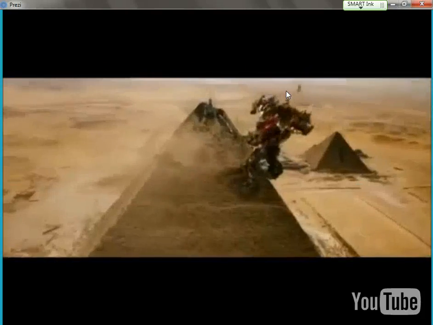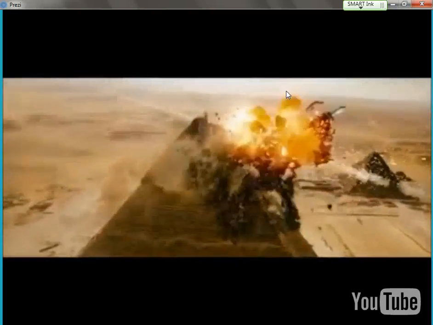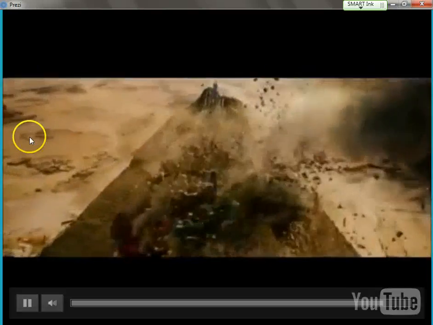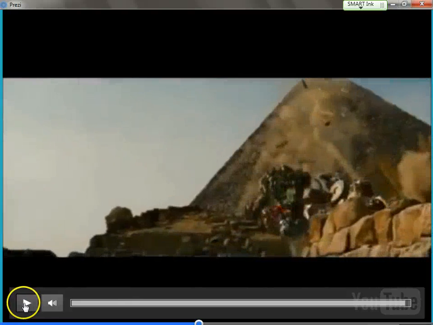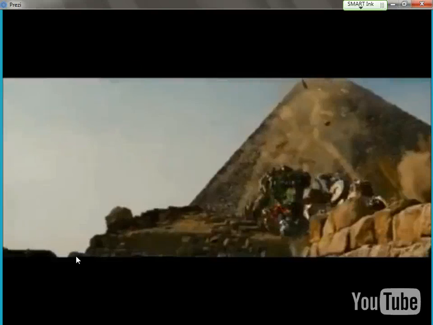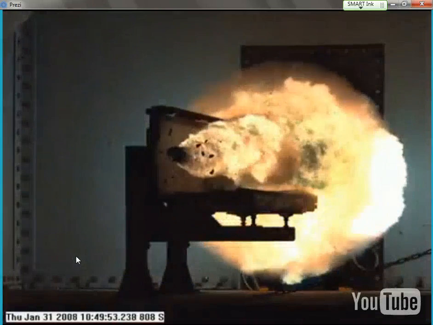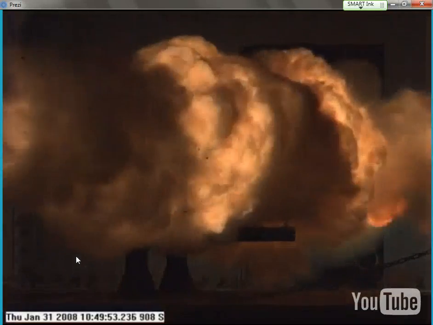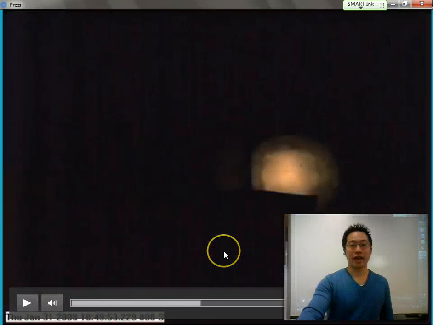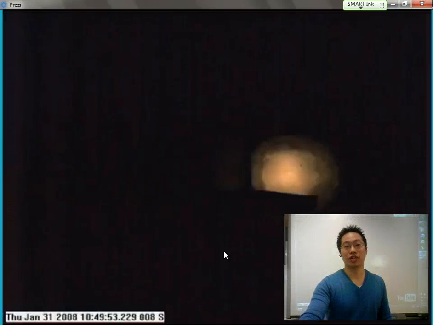Now, these speeds, you guys have to realize, are up to Mach 7, okay? 7 times the speed of sound. And if you think it might not be real, well, here's an actual test demonstration done by the Navy launching the projectile. It's going so fast that the air is actually ignited by the friction of the projectile as it